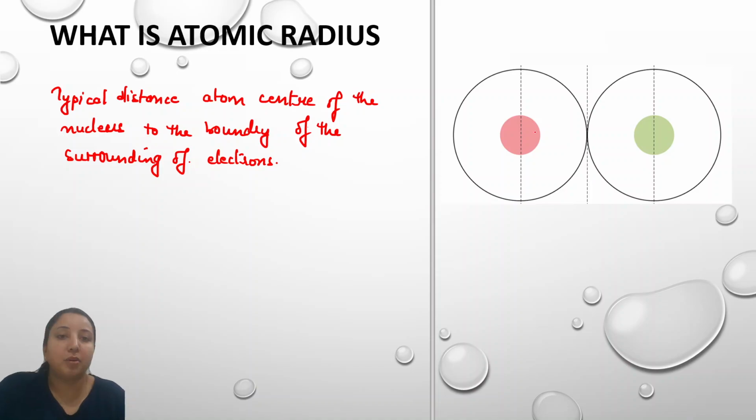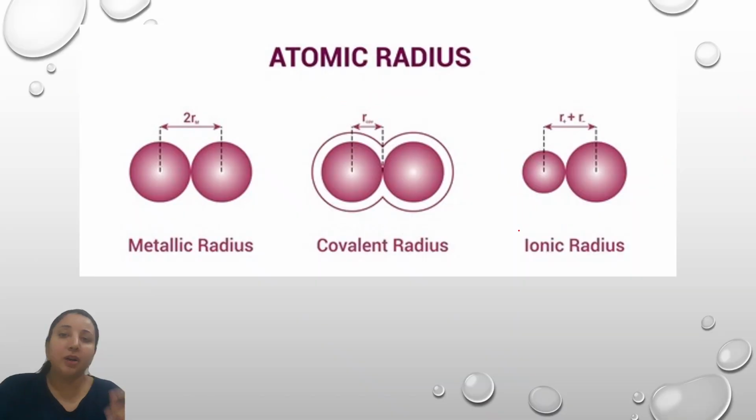Now one atom is this, let's mark it as A, and another one is B. Now, if I look over here, they are being joined. So the distance from this nucleus center up to this outermost electron present over here is going to be called the atomic radii. Now, this atomic radius could be of three types, we can say the metallic radius, covalent radius, and